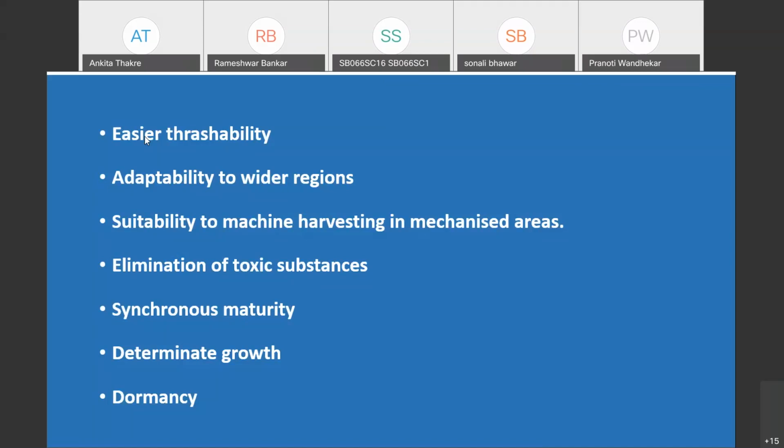Okay, there are certain crop varieties which have toxic substances. That's why new varieties are developed in which these toxic substances are removed. Okay, the elimination of toxic substances: the toxic substances must be reduced in the new variety. For example, the brassica oil has a toxic substance, the erucic acid. Okay, the brassica oil has erucic acid, and that's why the new varieties of the